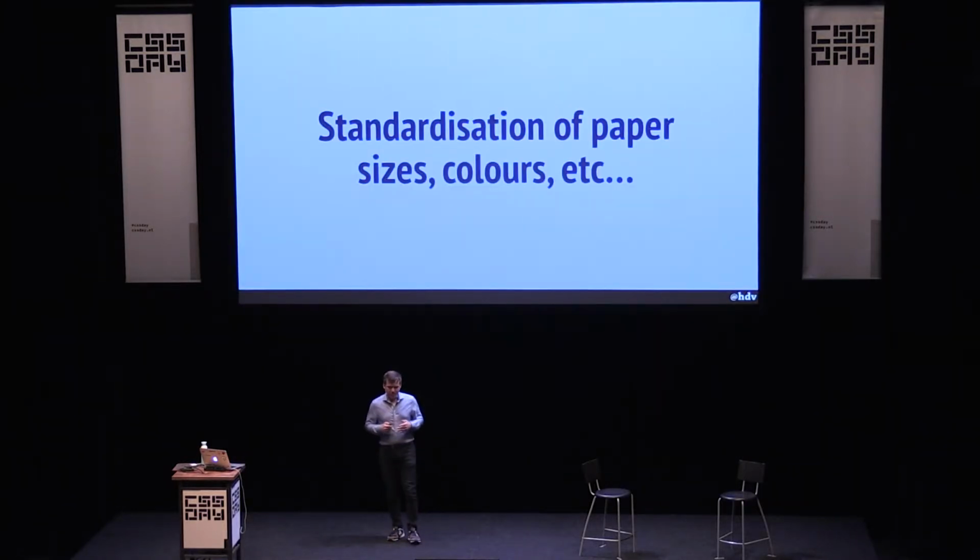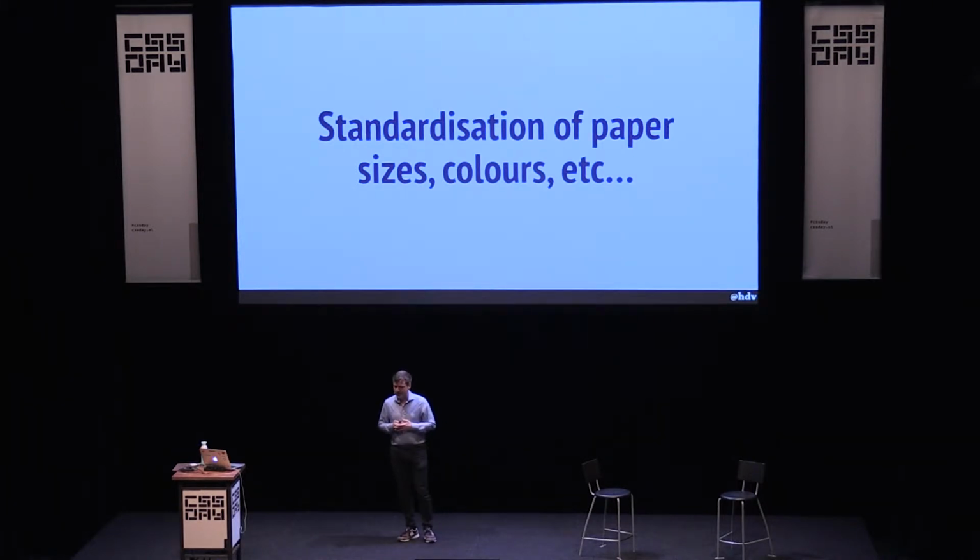Now, it isn't all about design. It's also about standardization. In the last century, they figured out that they could standardize, for example, paper sizes. So they came up with the DIN series, which has A4 and A5 kind of paper sizes. And they came up with standards for colors as well. And that really helped, because it helped them to do this new graphic design and these kind of corporate identities in a cheaper way, because they could save money by having standardized things and roll these things out across the